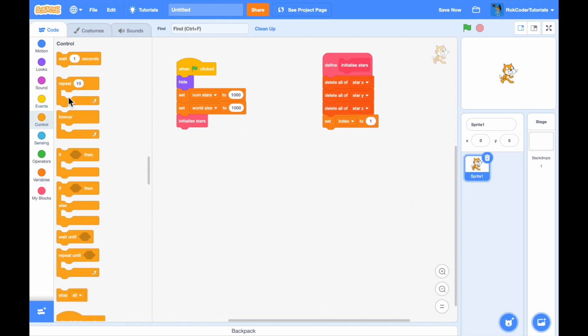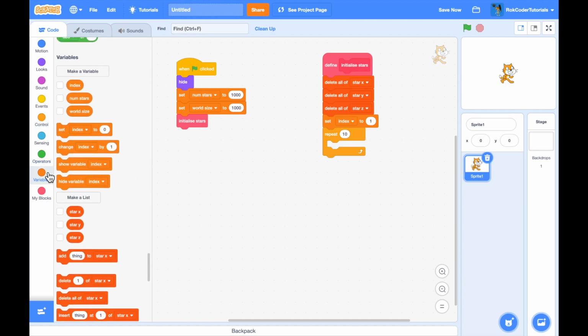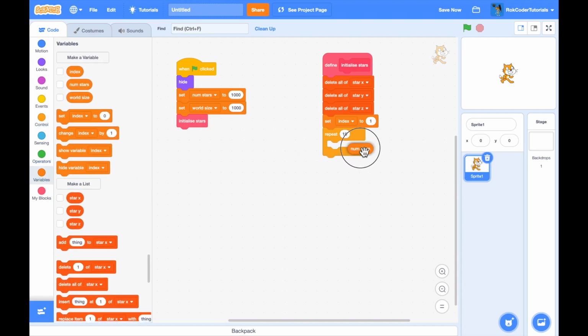So that's a control, and it's a repeat block, and the number of times I'm going to repeat is numStars. Again, I could have just used a number here. I could have said repeat 1,000, but it makes the code so much easier to update and so much easier to read if I've used a variable instead. I know what numStars means. I might forget what 1,000 means. So I'm going to loop through that,